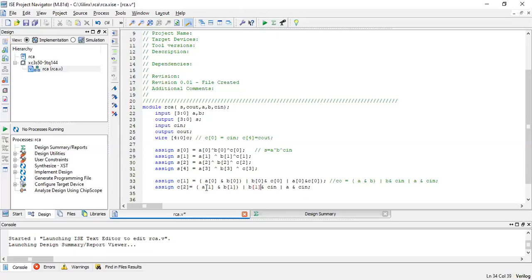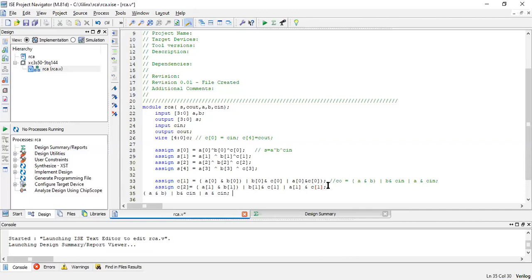So here it is B of 1. And what is the C input for the second full adder? The C input to the second full adder was the C output from the first full adder, which is nothing but C1. And A of 1, and here it will be C of 1. So the second one is done.